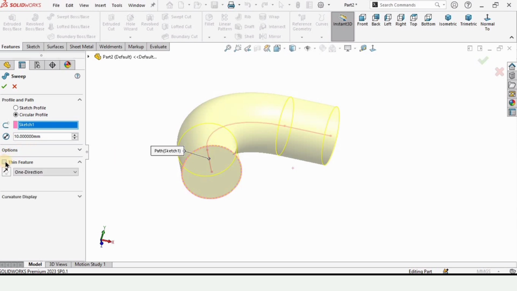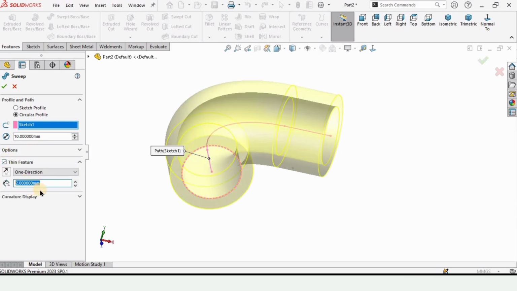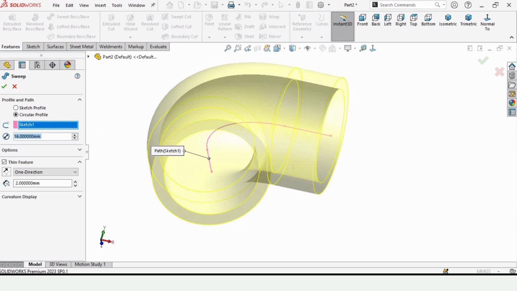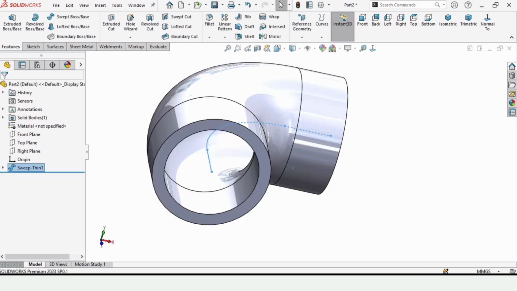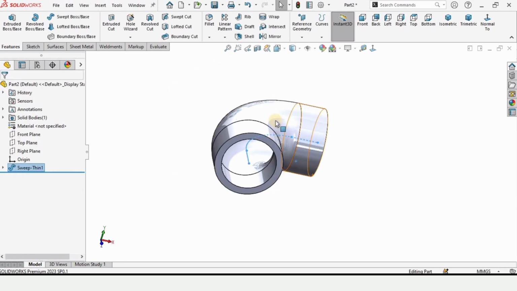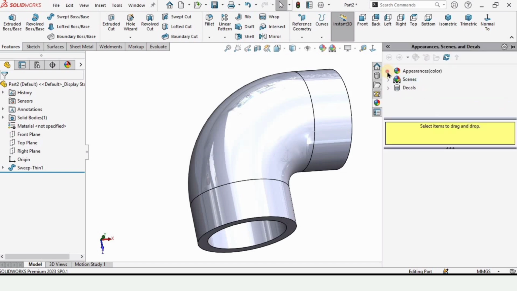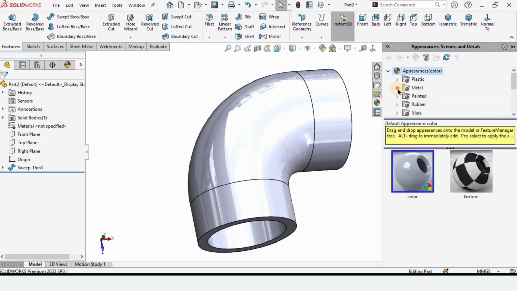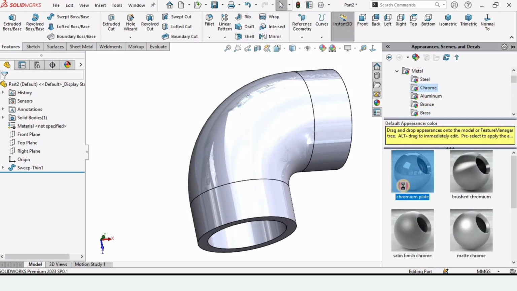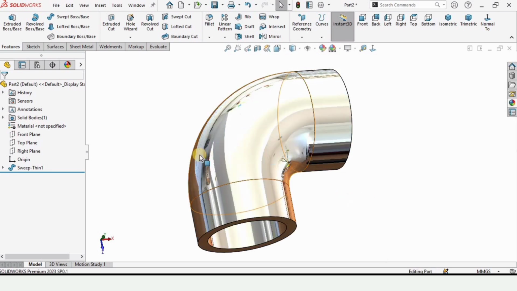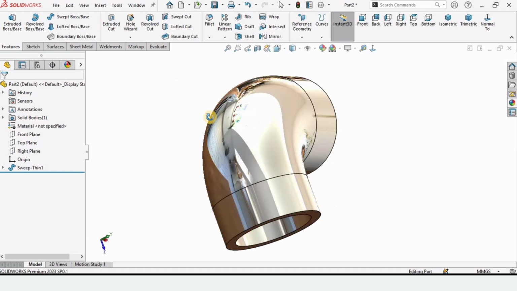and as you can see this is solid, so select here thin features and here specify 2 mm, and here we need to specify 16 mm as diameter, and check this box from here. And for better visualization I am applying here some appearance, although we have to make a lot of sketches on this elbow, but before that let's specify some appearance for